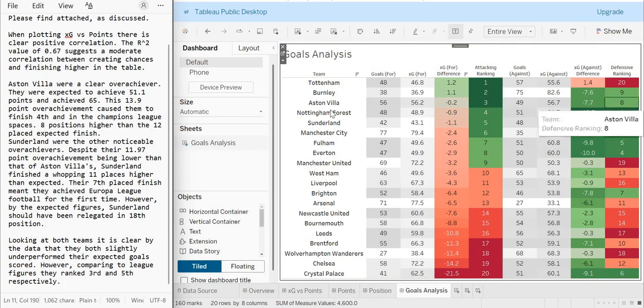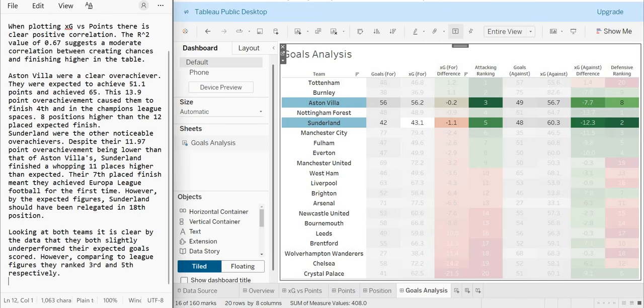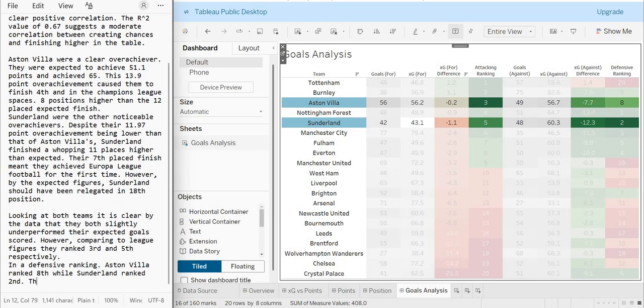So if I look at defensive rankings, Sunderland and Villa, you can see that in defensive ranking, Aston Villa ranked 8th, Sunderland ranked 2nd. This suggests that Sunderland's goalkeeper,